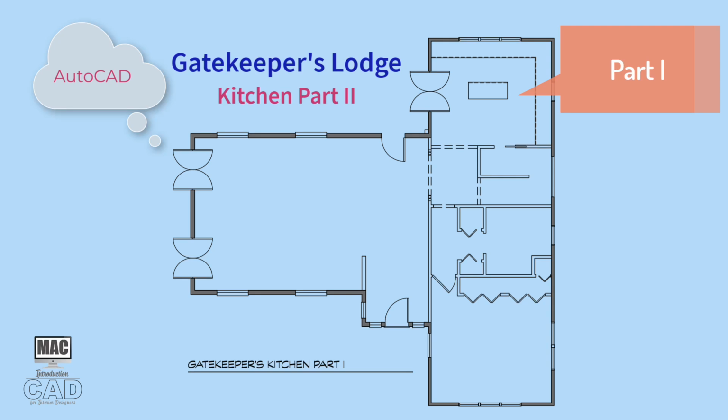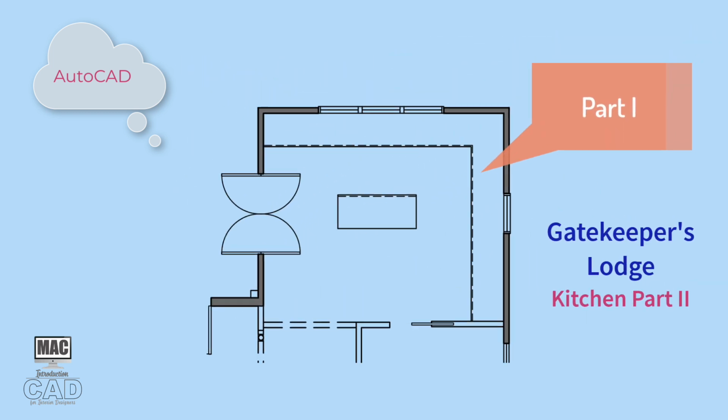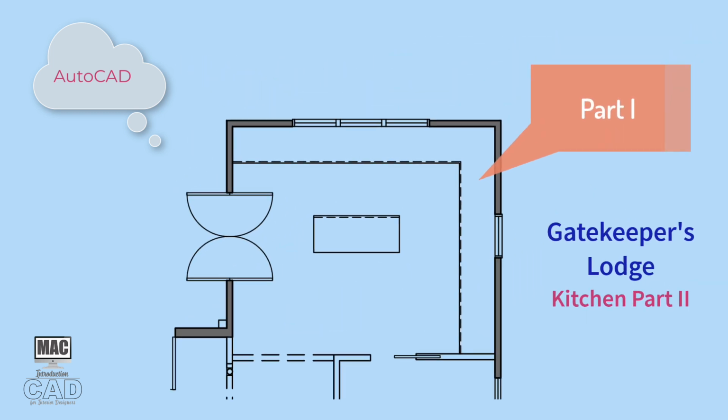This video is a continuation of the Kitchen Planning Part 1 video for the Gatekeeper's Lodge project. This project builds on the AutoCAD file of the Gatekeeper's Lodge, where you have completed the design development red lines from a previous assignment. In addition, you should have the basic kitchen cabinet configuration from the previous video, where the base cabinets and countertop lines establish the L-shaped kitchen configuration with an island workstation,